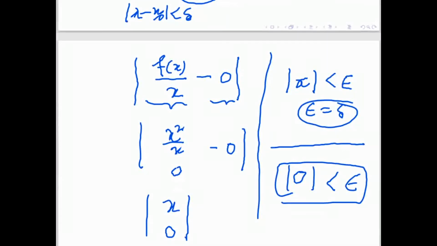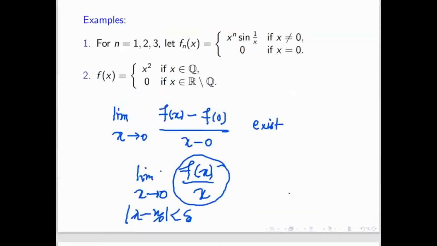Sir, in this type of question, where we have to find the differentiability, can't we directly differentiate and check at x equal to 0? See, when you are differentiating directly, how do you know it is differentiable? If you know it is differentiable, then you can differentiate. If you don't know the function is differentiable, how will you differentiate? Can you differentiate mod x? Tell me, is mod x differentiable at 0 or not? No, sir.